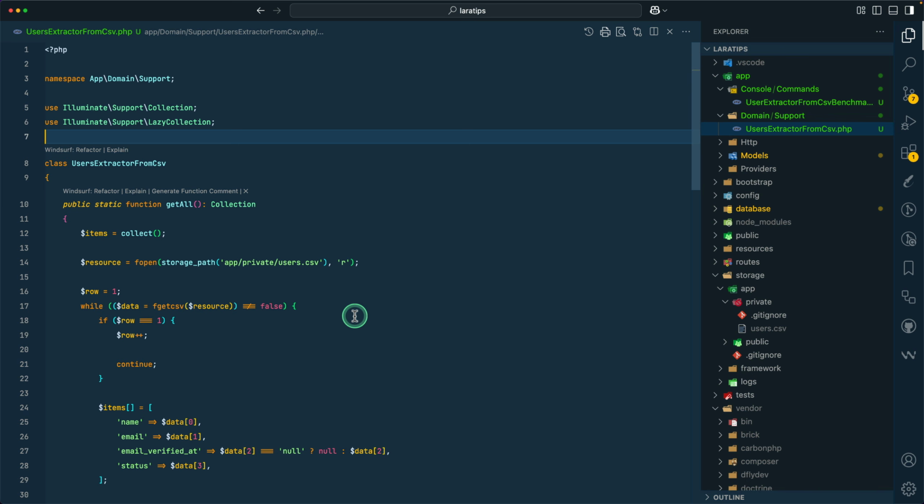In today's video, we'll be looking at how we can read 100,000 records from a CSV file within very few milliseconds, which will be around 2000 times faster than how we do it traditionally. So let's get started. Here I have a class called users extractor from CSV, and here under storage, app, private,